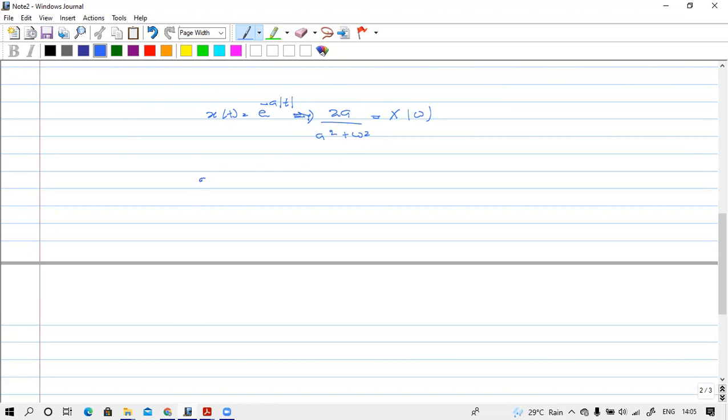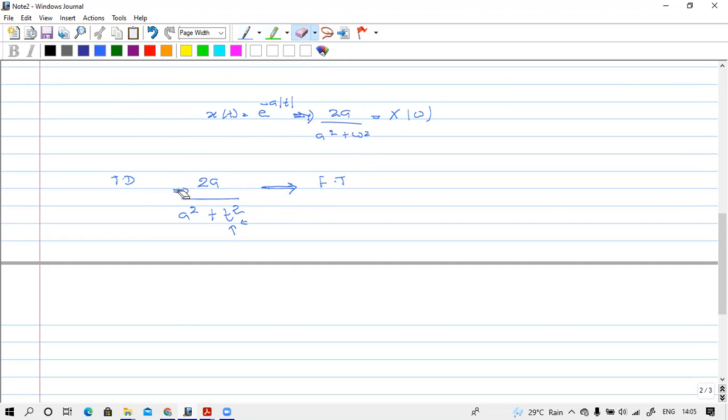If we are given a signal 2a over a square plus t square, this is a time domain signal, no? You have t as the independent variable. What you have done is simply replace omega by t, so it is in the time domain. If you have this kind of time domain signal and you are asked to find the Fourier transform of this signal,